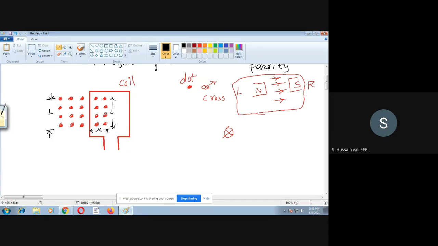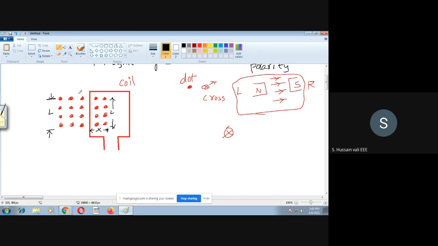The flux lines are coming out of the plane, perpendicularly. So dot means out of the plane, cross means into the plane, that you remember. So I have drawn a coil which is on the screen, which is the plane here, whereas the flux lines which I have drawn here are coming out of the plane. So the flux lines on the plane of the coil are perpendicular.